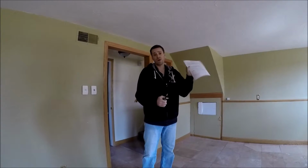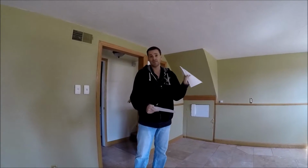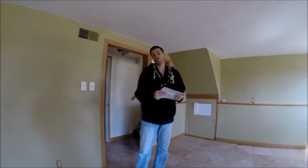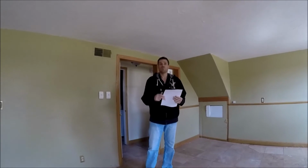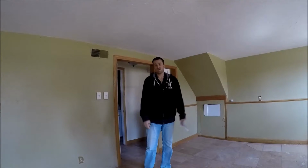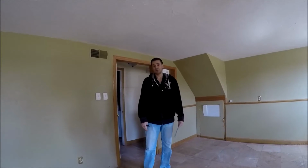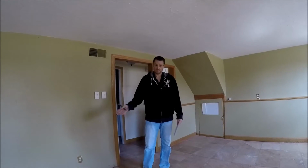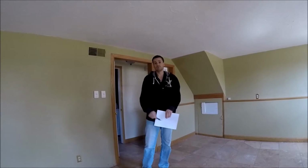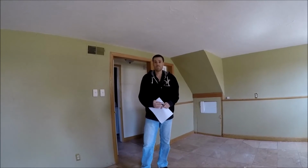So make sure that you go on HUD Home Store, print off the disclosure and the property condition report, so that you know what you're walking into, and that you can avoid a lot of costs that your buyer would have to pay, that the deal's going to fall apart from the get-go. If you can solve these things and make sure that the buyer can get financing, you can successfully get to the closing table. And the costs that Troy's talking about are home inspection, which ranges from $250 to $450,